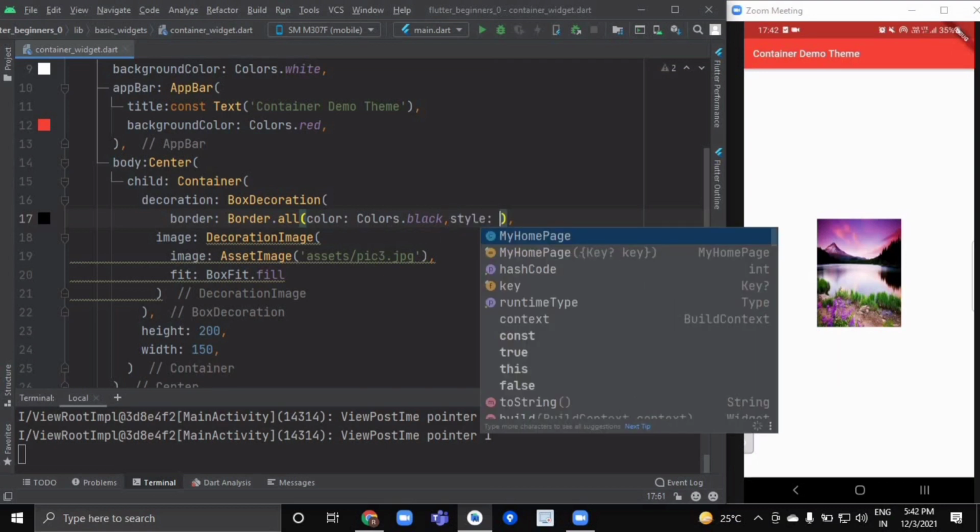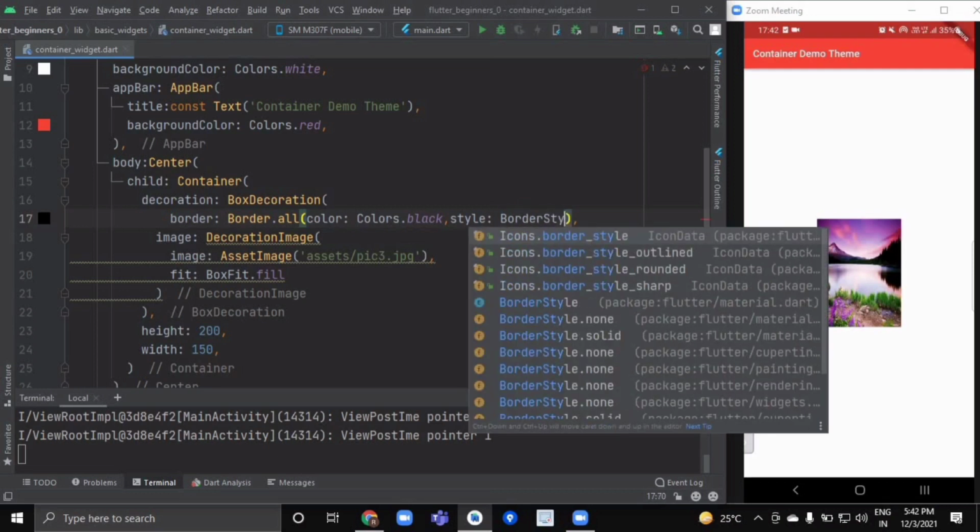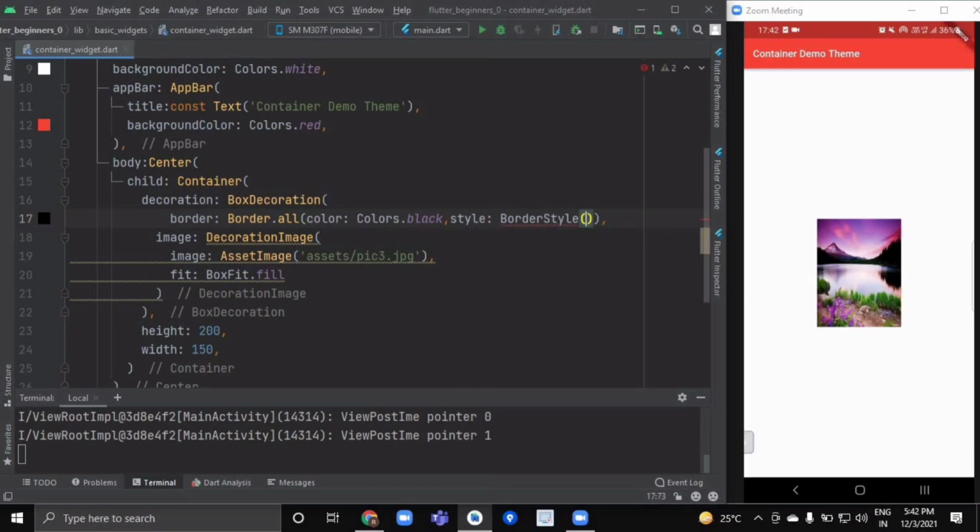It also provides us the style. So let us see what the style attribute takes. It will take a border style widget.